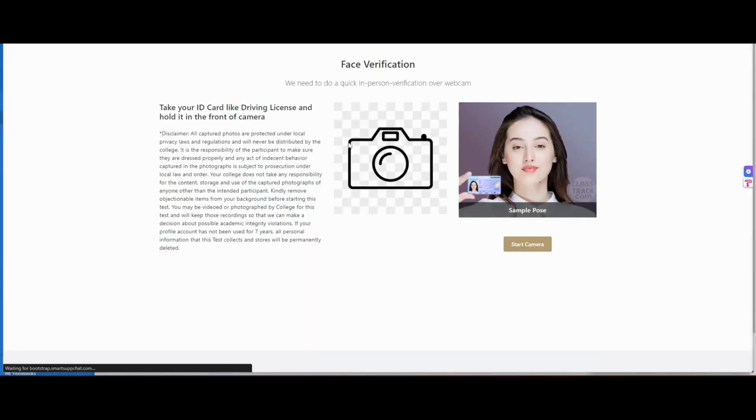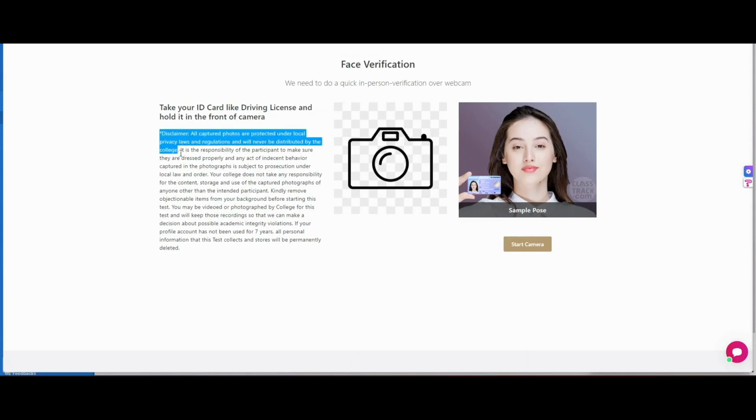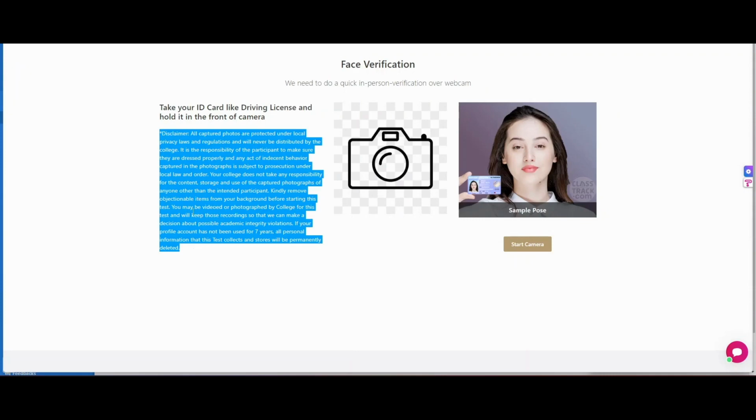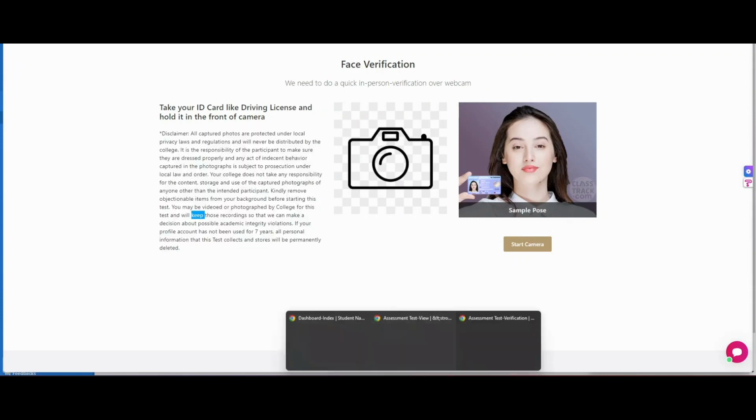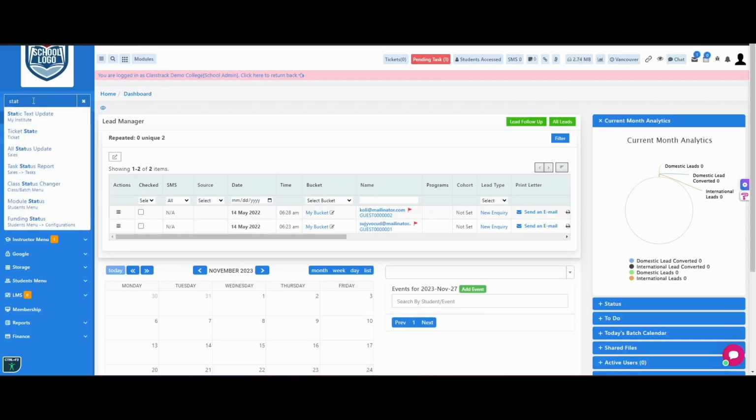After updating, we will now log into the test with a student. After logging in, we will start the test from the Students panel. After starting, we can see that we have the first page open, where we have the face verification option. Whatever text we have in this, if we want to update it, we will simply go to the Admin